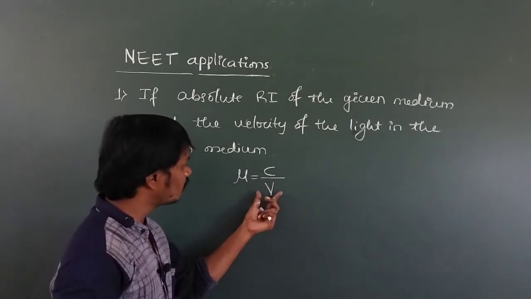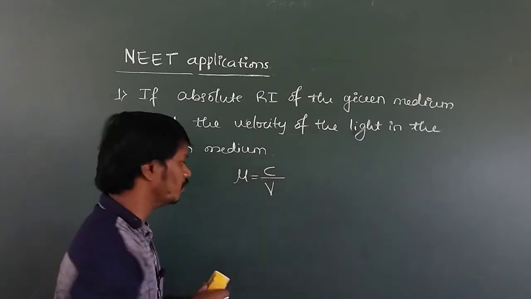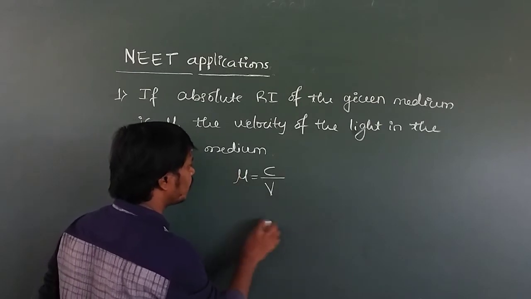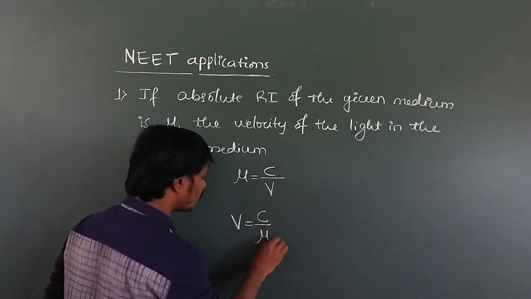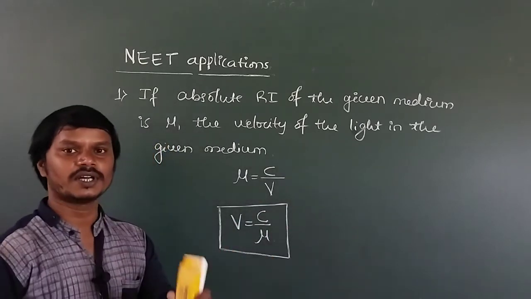Now what is our aim? Our aim is to find the speed or velocity of light in the given medium. So I will take V to the left hand side and mu to the right hand side. Then V is equal to C by mu. By using this formula we can find the velocity of the light in the given medium. For example,